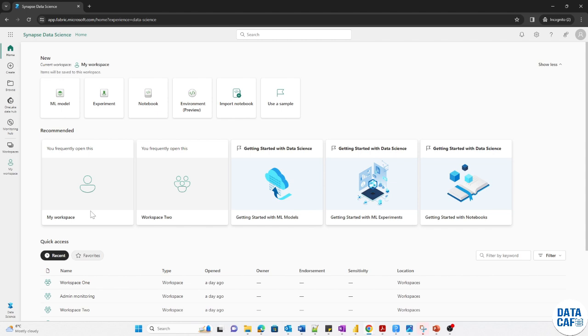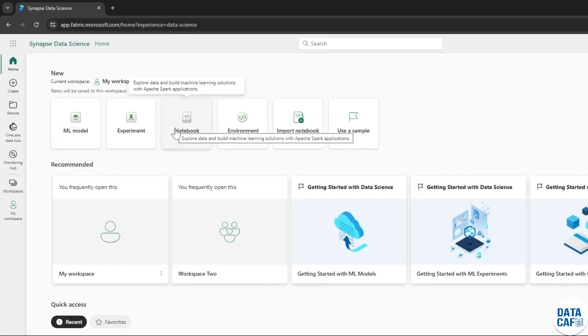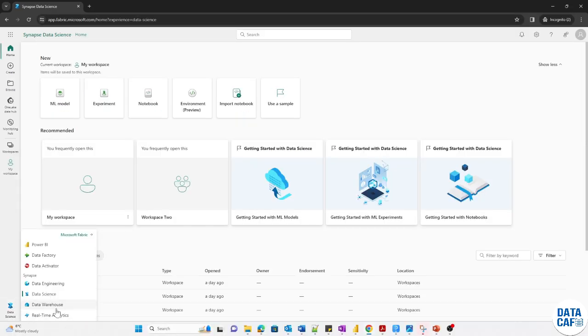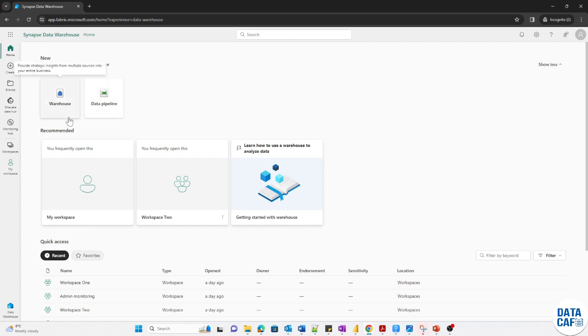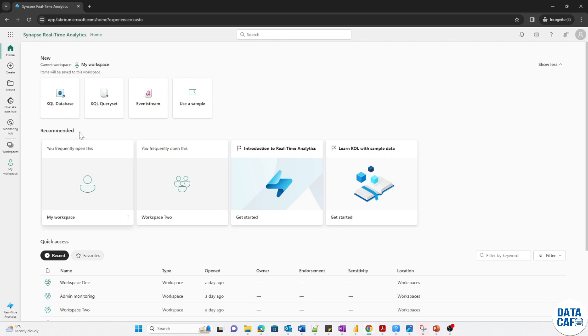In the data science, you can create the ML models, the machine learning models, experiments, notebooks, and a lot of things we can do with that. After that, if I go to the data warehouse, you can create the data warehouse for the structured data, and also you can use the data pipelines to extract your data from different environments. If you click on real-time analytics, I think we can create the KQL database and Kusto query language scripts. Those things we can implement inside the